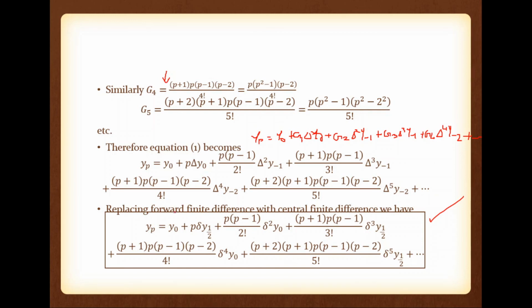Now the p element, there is no p, then you can see p. Now next you have to add not p minus 1, but p plus 1. So there is no p minus 1, instead of that p plus 1 in backward central difference extrapolation. p plus 1 into p divided by 2 factorial. Then we have to add p minus 1. Then we have to add p plus 2. Then we have to add p minus 2. Then we have to add p plus 3. Which means more priority is given to the positive element, then the negative element.